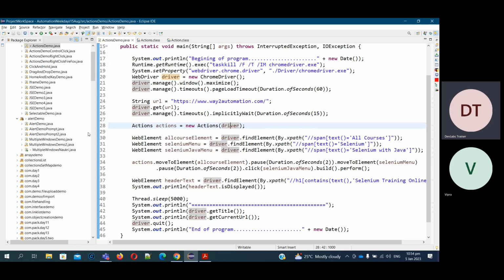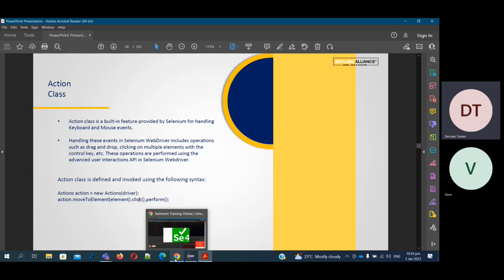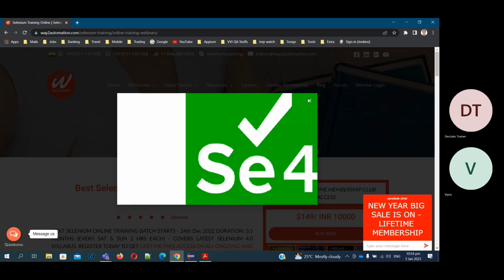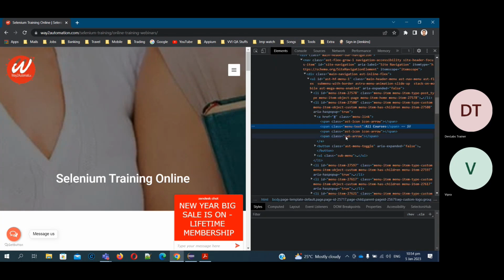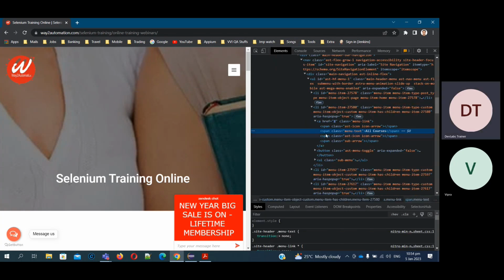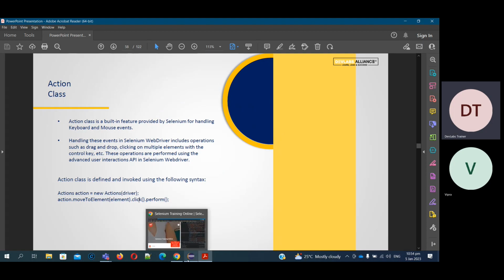So once this is done, the next thing is driver.findElement(By.xpath) with span text all courses. So can you come to this? We have all courses, this one. If I right click here and inspect, you can see by text I am able to find that span, only one category is given, menu text, and then the text is all courses. So if I come here,